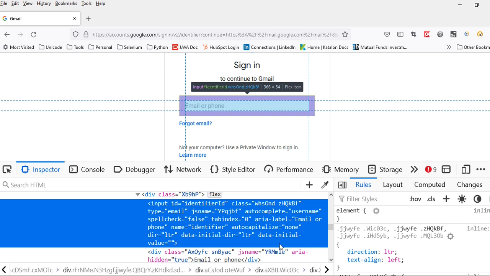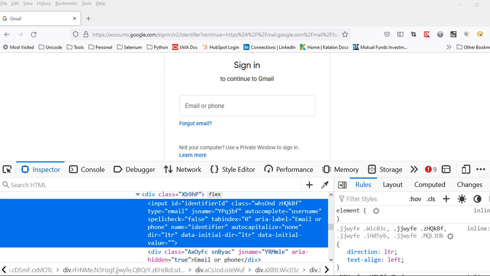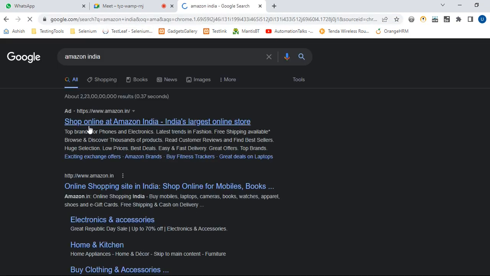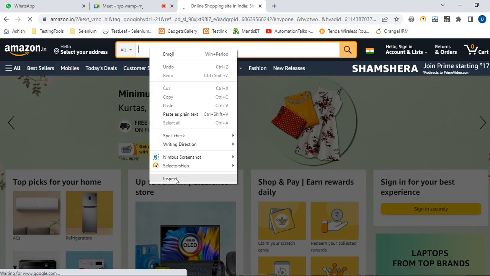I'll get it in Firefox, but in case of Chrome, you will find it. Let me find out over here. Let me open up some media. So if I right click over here and do inspect, see, Selectors Hub is also already installed. You can directly copy the relative path. So it's easy. But if you go to inspect,